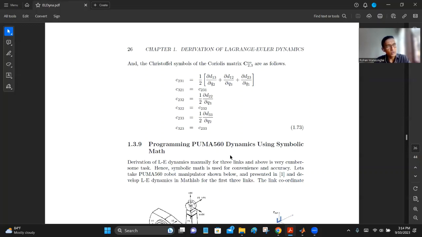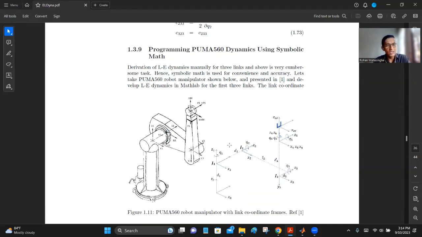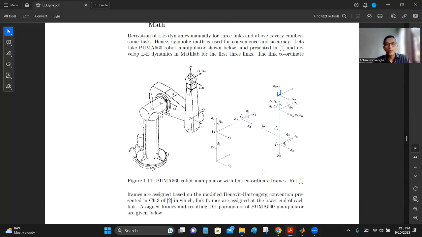But now what we are going to do is to do it in MATLAB for one of the most famous manipulators in the world, a legacy manipulator, the Puma 560. Now you can see it over here, the Puma manipulator. It's a 6 degree of freedom manipulator. Very interesting design